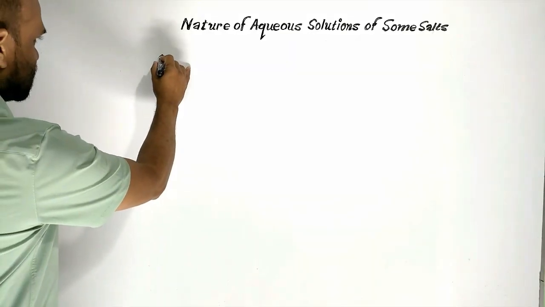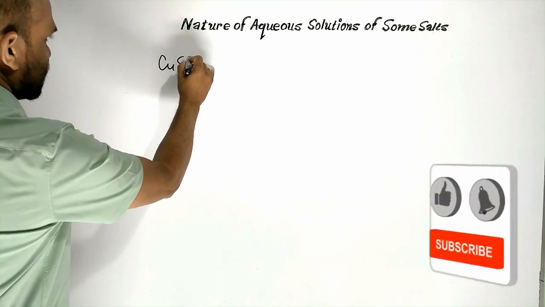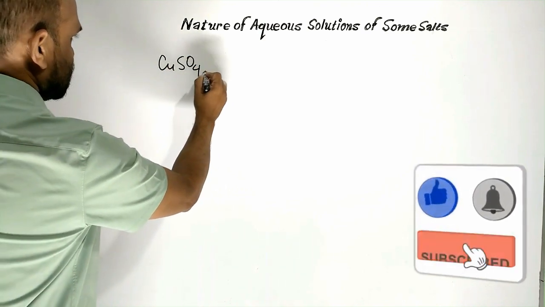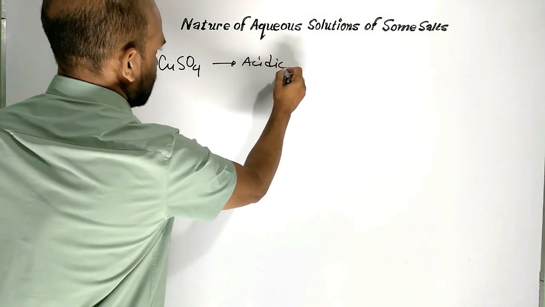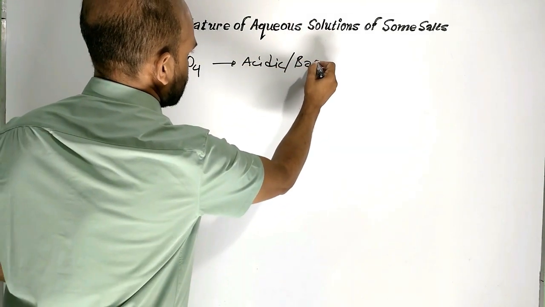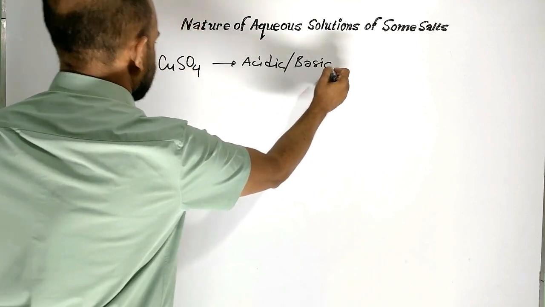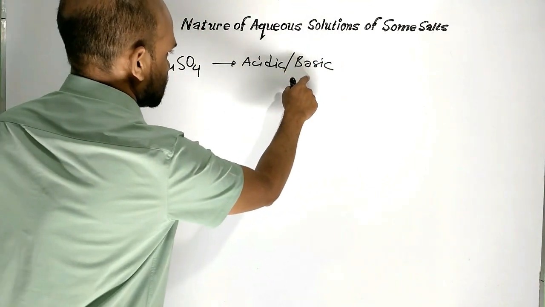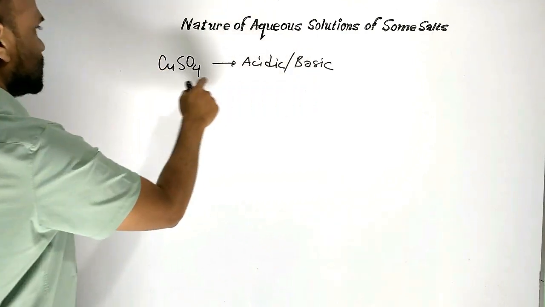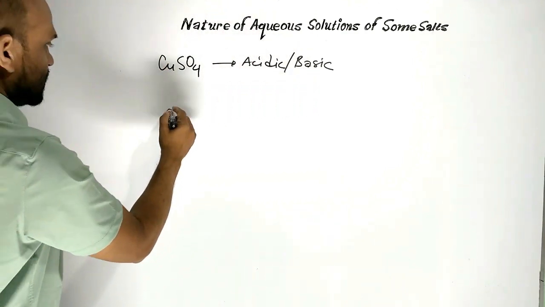First salt is copper sulfate. Is the solution of copper sulfate acidic or basic? This is what we are going to learn today. Normally,